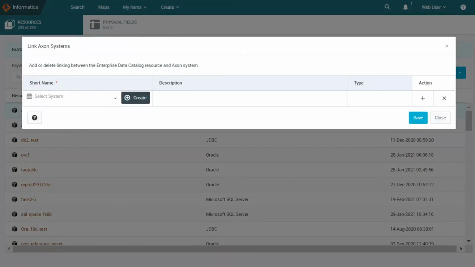Here, we have an option to associate our resource with an existing system, or else we can create a new system. I'm choosing the option to create a system from the Manage Catalog Links page.